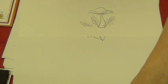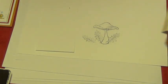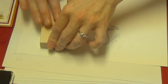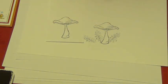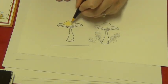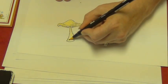But what I'm going to do is stamp the mushroom again. Grab an extra piece of stock. Stamp our mushroom. Pick it up well. And then we color this one and cut this one out. And to color it, depending if you want your mushroom to have a red cast or a yellow cast, start off, these are Tombow watercolor markers. Start off with a very light sort of lemon yellow,